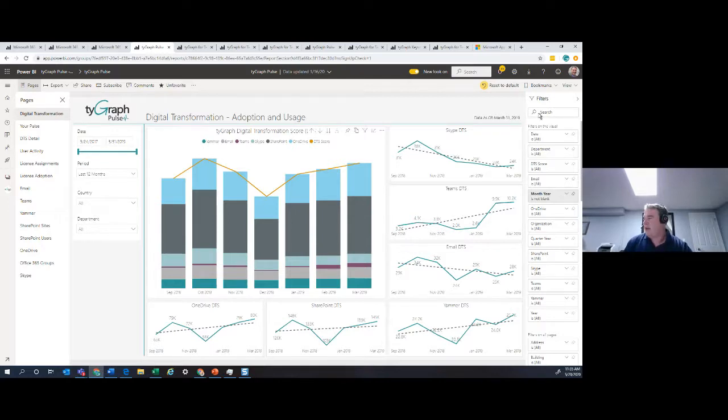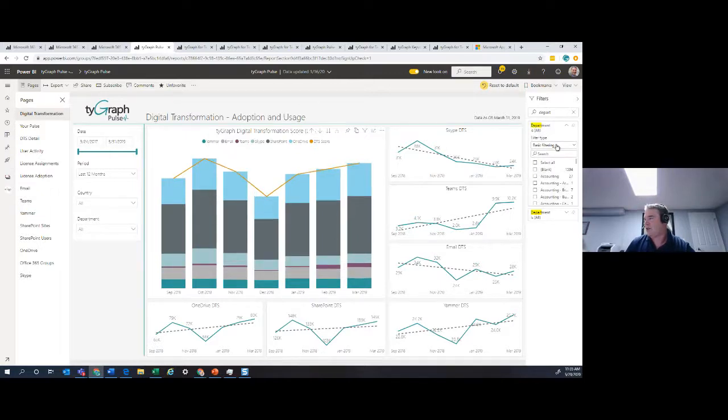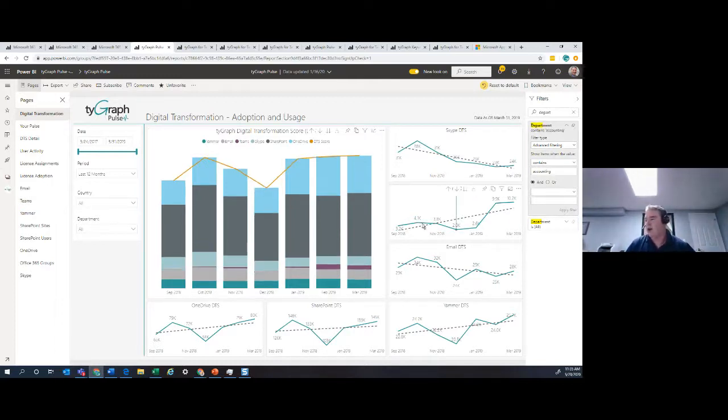The other thing that you're going to want to be able to do is, for example, and I'll just pick on department here, be able to slice by a particular department. So I can say, show me my accounting department, and see the filter associated with that, or I can go into advanced filtering and say it contains the word accounting, and apply that and be able to look at all accounting departments and how they are trending. There are different types of slicers here.